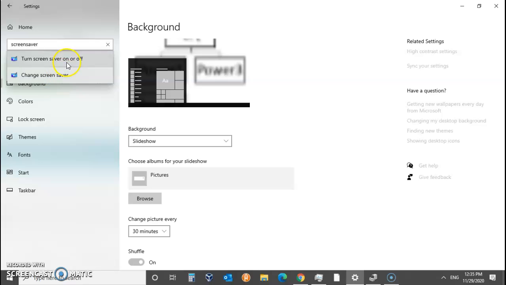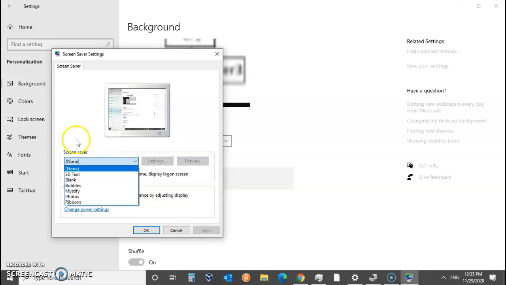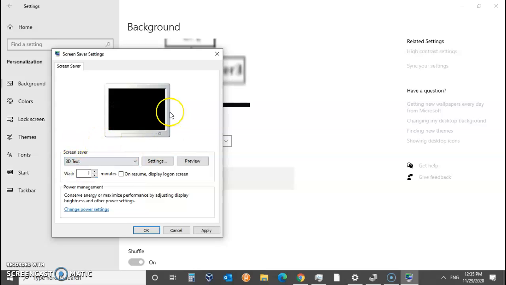So turn the screensaver on and off. We can see here that we have another window that popped up. You can choose different types of screensavers, and it's very straightforward in configuring it. Just go in there and decide which screensaver you want, and when you want it to start, after how